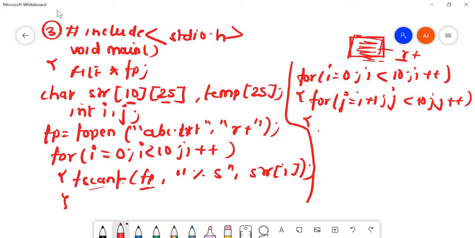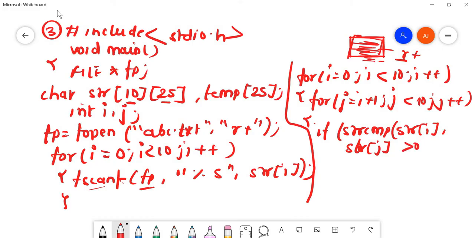So if string compare, I'll be comparing string i and string j, that is first string with second string, stri, strj, and this is the syntax of string compare: if strcmp of stri and strj is greater than 0. Okay, so this is the syntax.